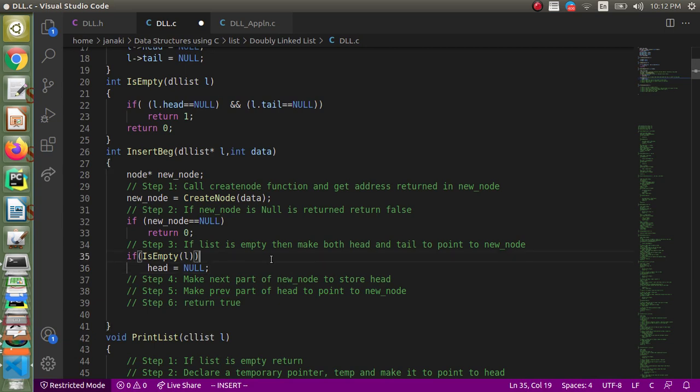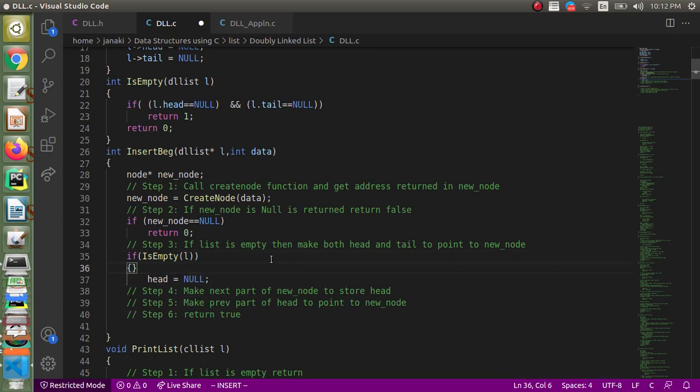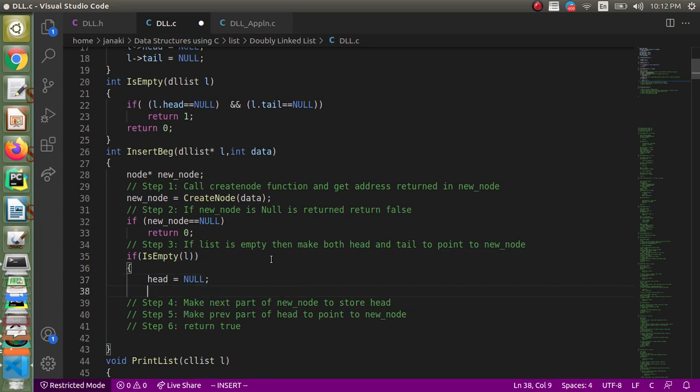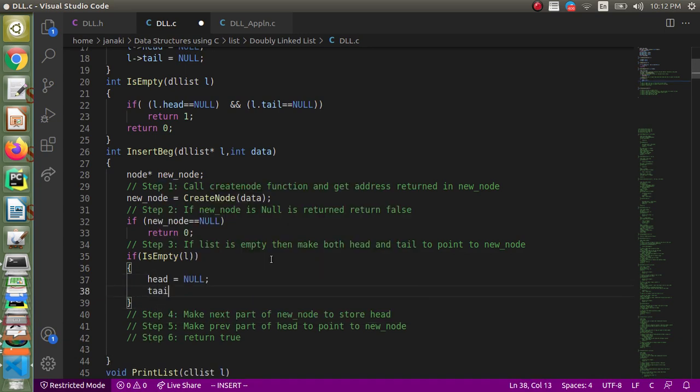So let us put it in curly braces, better. We have to do this to make both statements get executed. Head equal to null and tail equal to null. And then head equal to new node and tail equal to new node.